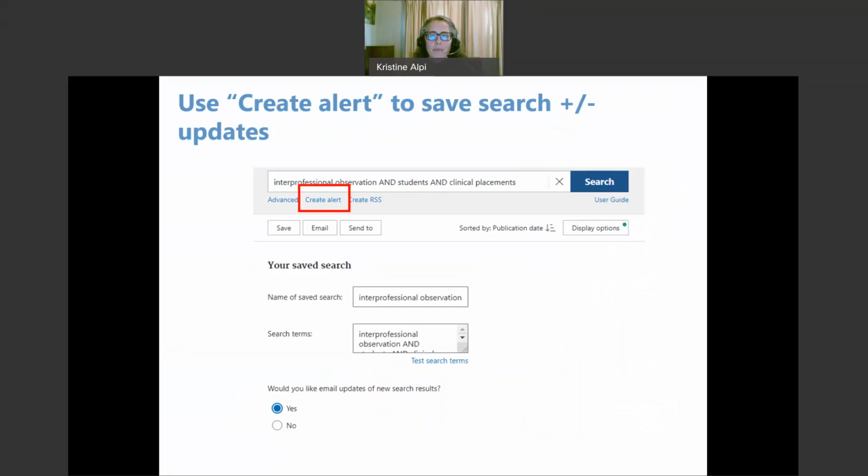So I've just run that search on the homepage, and I want to save this search. And I also want to get updates on it so that I don't have to pay attention to when new papers come out. I'll just get an email. So once I've run the search, the option to create alert shows up